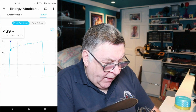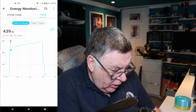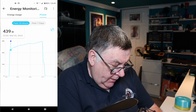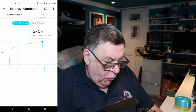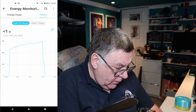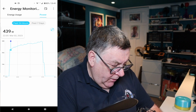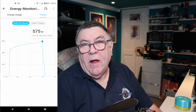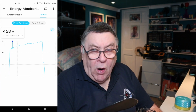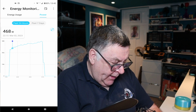At 22:05 last night, it was using 439 watts. And you can see it slowly goes up. It's like a sort of mountain range climbing up there to a maximum of 575 watts. And that's from when it started at 22:05 till 1:10. So 22:05, 23:05, 12. It's quite a long cycle that I put it on, an eco sort of thing. But you can see in all that time